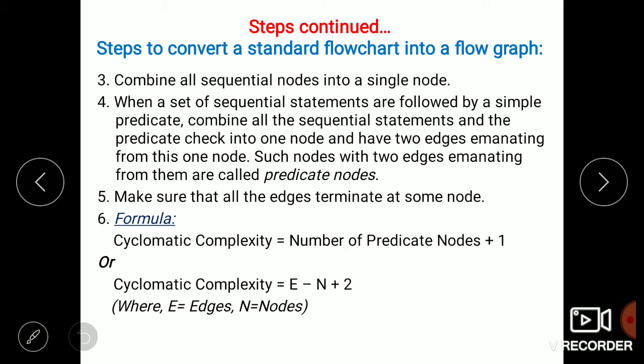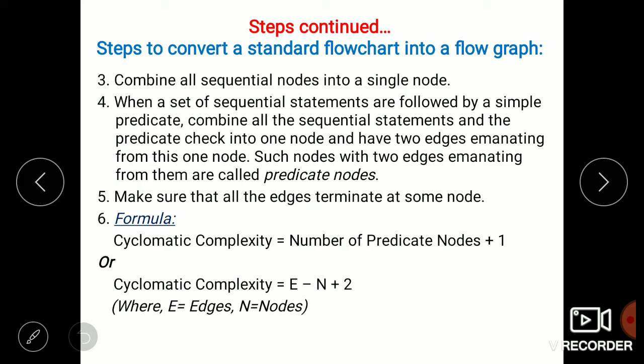Such nodes with two edges arising from them are called predicate nodes. So when a set of sequential statements is followed by a predicate, we combine all these sequential statements into a single node, and two edges arise from that single node, which is called a predicate node.